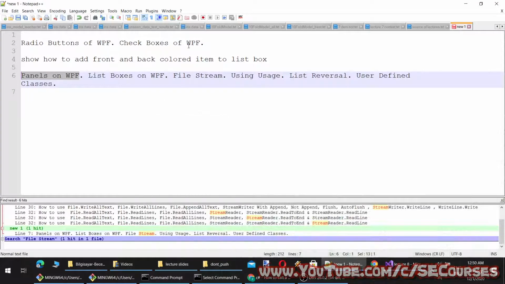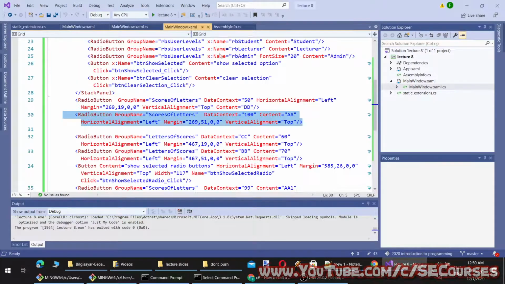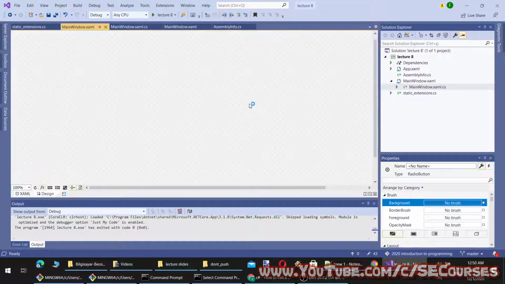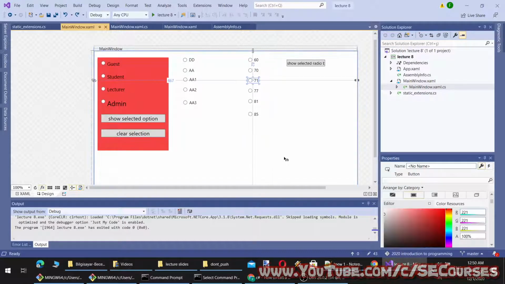And so the lesson is getting more. I will show you the checkboxes. So with radio buttons, we are letting the user select only a single option out of multiple options. Okay.